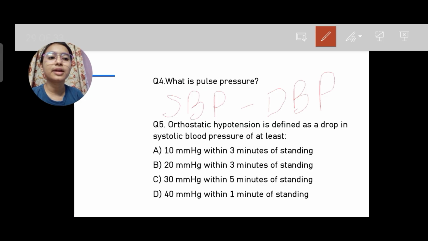Orthostatic hypotension is defined as a drop in the systolic blood pressure of at least